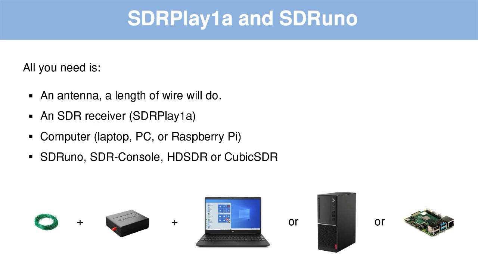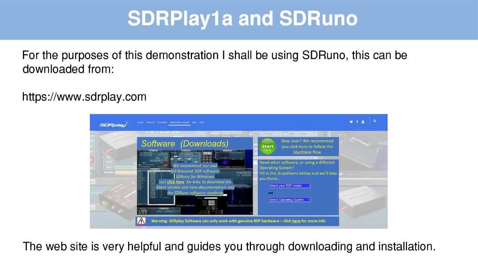All you need is an antenna, a length of wire will do, an SDR receiver, in our case SDRplay 1A, a computer, we'll be using a laptop but you can use a PC or Raspberry Pi, and SDR Uno, SDR console, HDSDR or Cubic SDR. We will be using SDR Uno. For the purposes of this demonstration I shall be using SDR Uno. This can be downloaded from